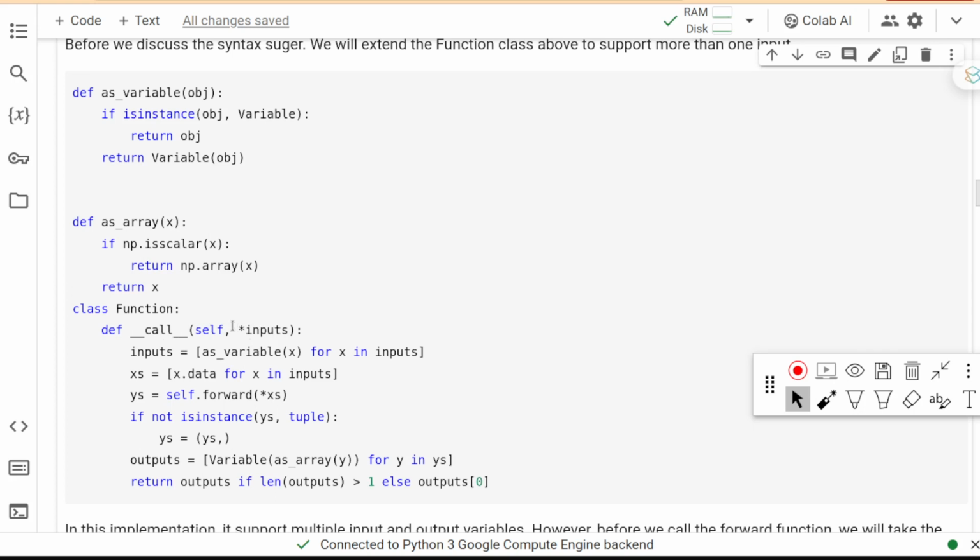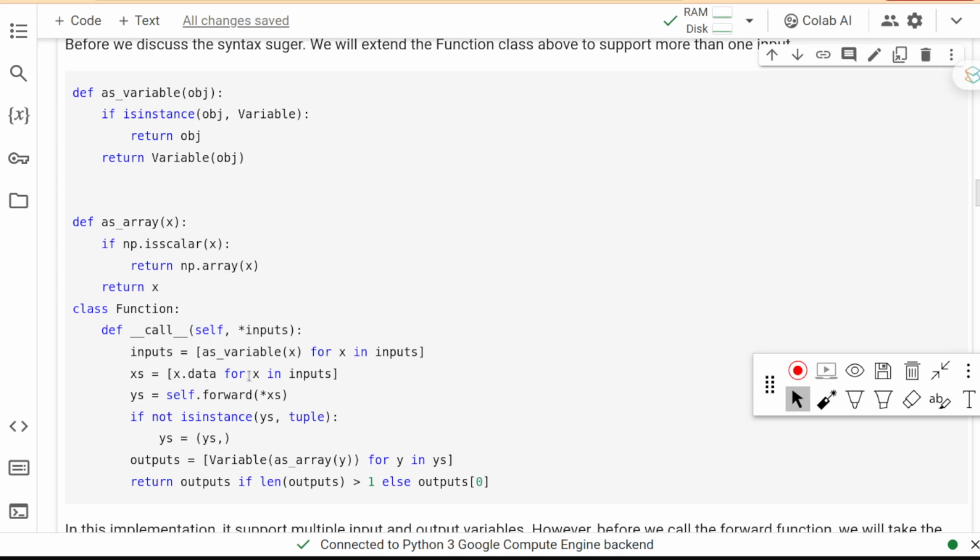We use the star syntax so that the inputs will become an array of arguments, so that we can pass multiple arguments to the call function, and all of them will be put in the inputs array. So we get all the arguments here, and then make each argument a variable, so the inputs will become an array of variable objects.